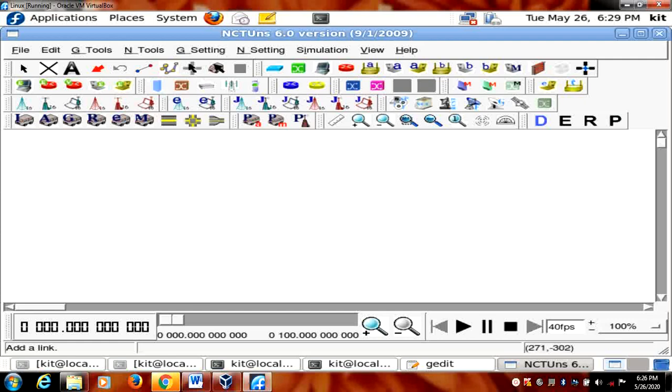So in the main window of NCTUns, I will just take, see, after doing that you have a file here. Just go for file, choose a new file. You will get empty window like this. Choose the host computer, that is 1, 2 and 3. Take a hub here.